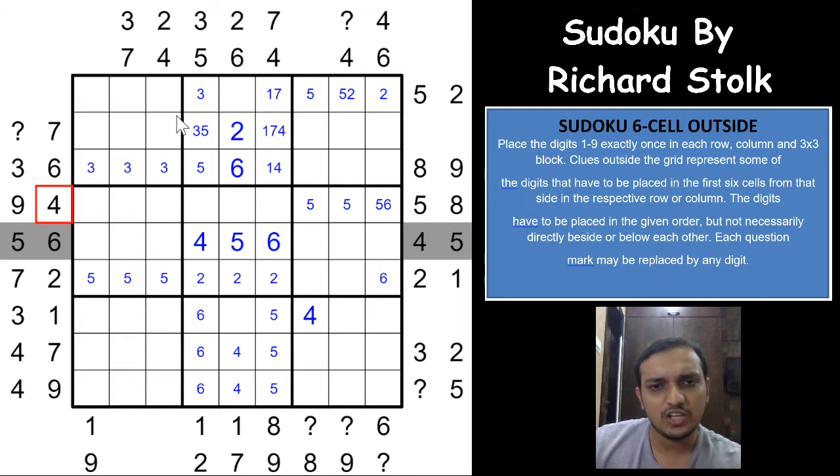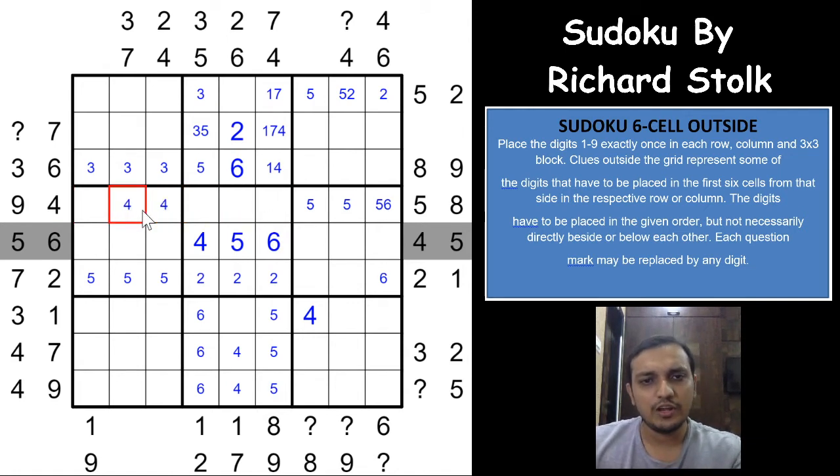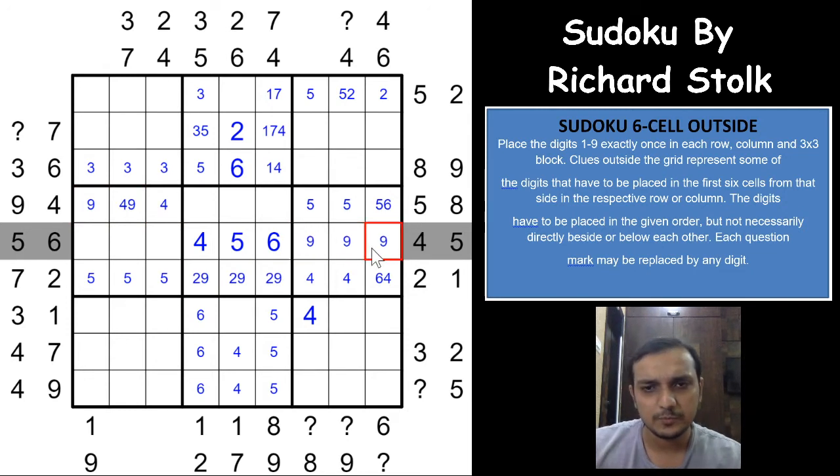If you see here, the same logic that we have applied here applies here. The 4 cannot be in any of these 3 cells, so 4 has to be in one of these 2 cells, and before the 4 you need a 9 here, and that gives you a 4 in one of these 3 cells, right? Because of the 4 here and 4 here, and because of the 9 here, 9 becomes in one of these 3 cells, so 9 comes to this place. And that's a really nice one.